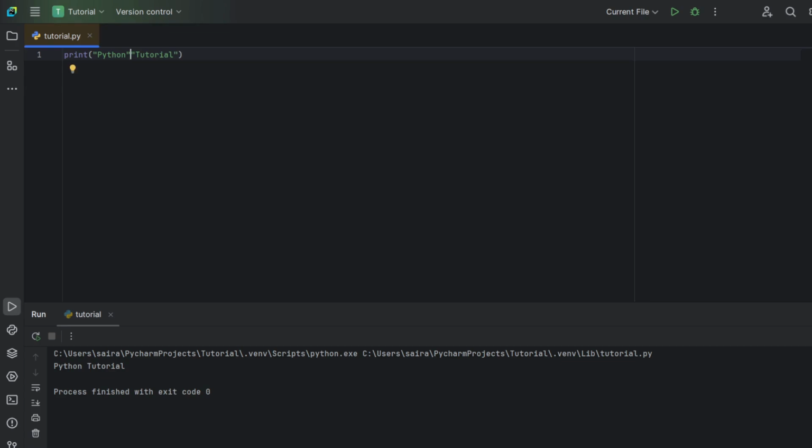So if we are concatenating two strings, we have to add our own space, which can be simply done by putting a plus, double quotes, an empty space, and adding another plus, and closing the double quote. And once we run it, we can see the same output, but this time we've added a space.